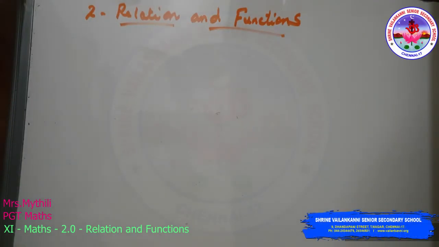Hello children, we come across many patterns that characterize relations such as brother and sister, father and son, teacher and student in our daily life. In mathematics also we come across many relations such as one line is parallel to another line, m is less than n, set A is a subset of set B. In all these we notice that a relation involves a pair of objects in a certain order.